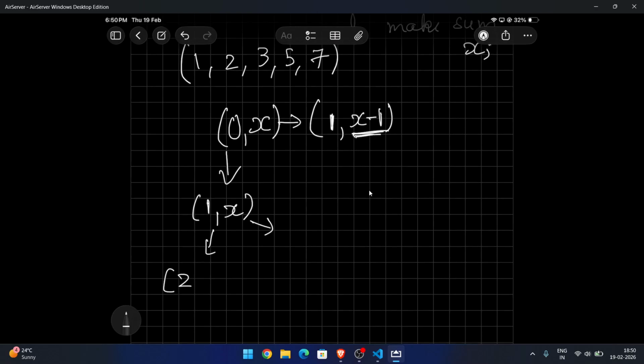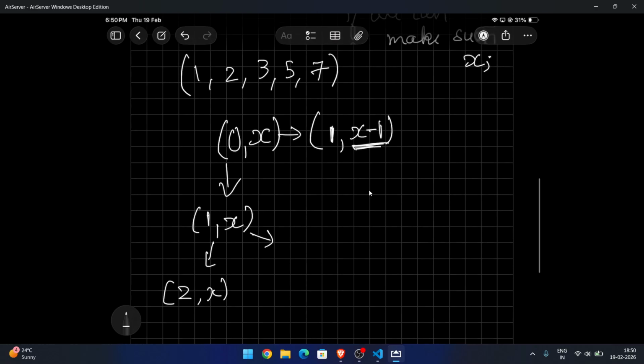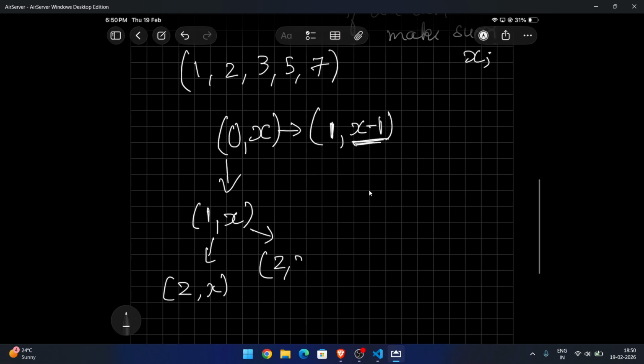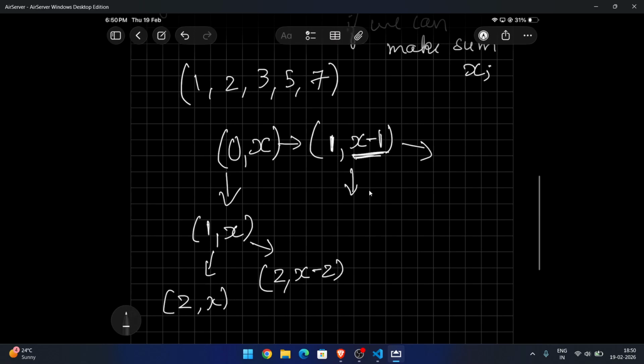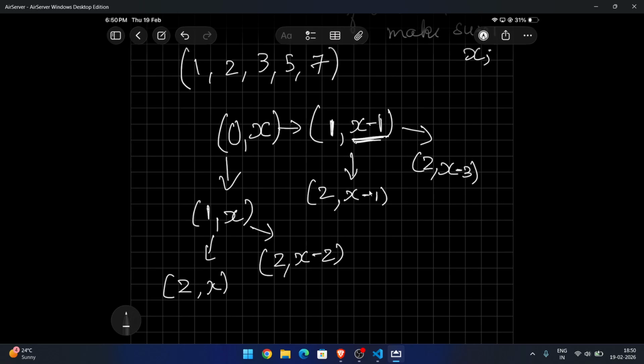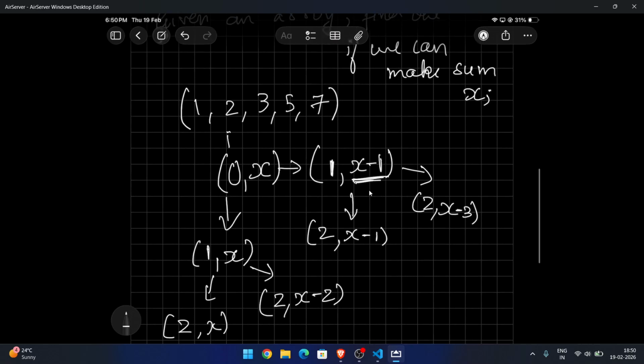Now again, we would have two choices. I can either skip 2 or I can choose to take 2. So now the sum would decrease by 2. Similarly, here also I have two steps: either I go to index 2 by not taking it, or by taking it, x minus 1 minus 2 is x minus 3. So at any point, if I get x equal to 0, that means